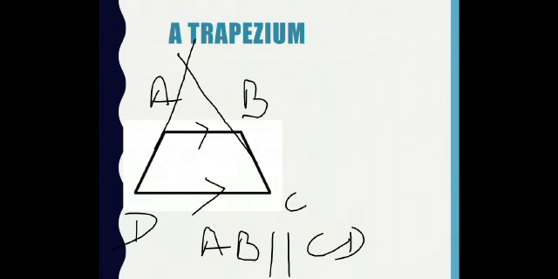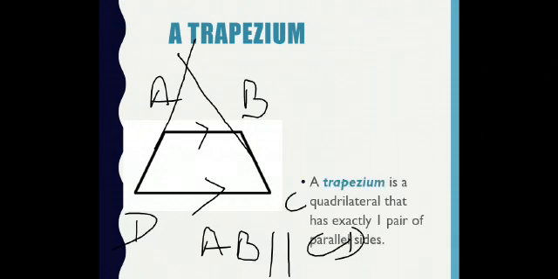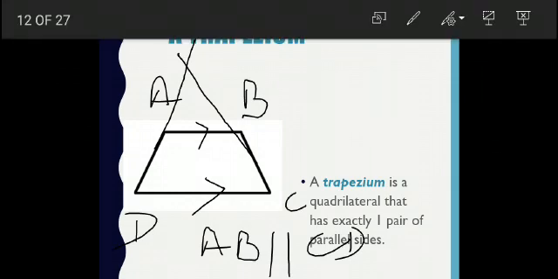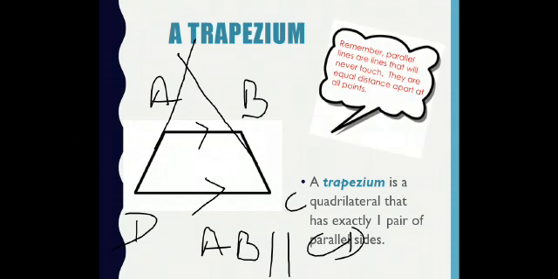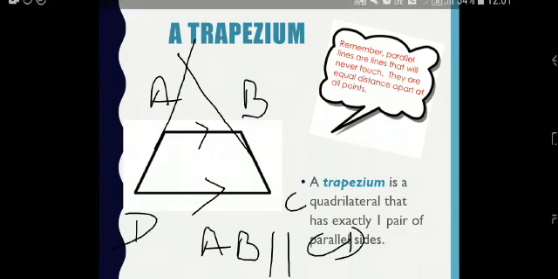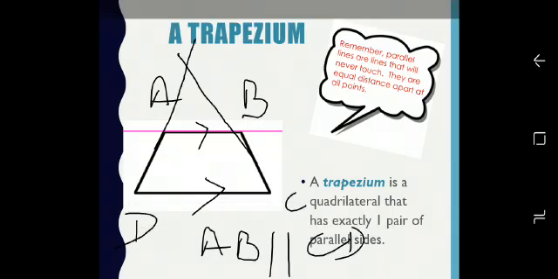So these two sides are non-parallel. So what can we say a trapezium is? A trapezium is a quadrilateral that has exactly one pair of parallel sides, and here the parallel sides are AB and CD, and the other pair AD and BC are non-parallel sides. So remember, parallel lines are lines which never touch. They are an equal distance apart at all points, like AB and DC have equal distance between them at all points.